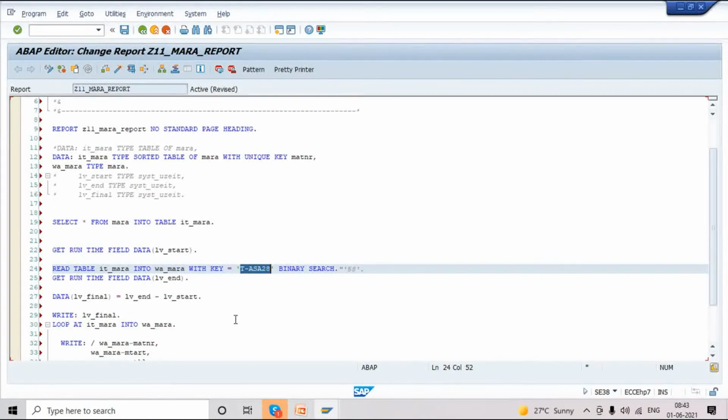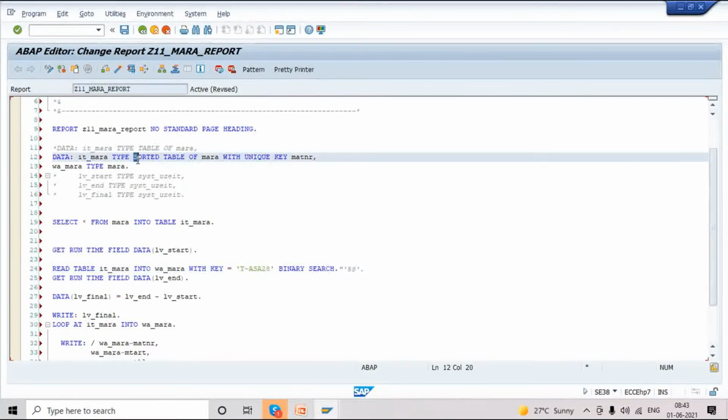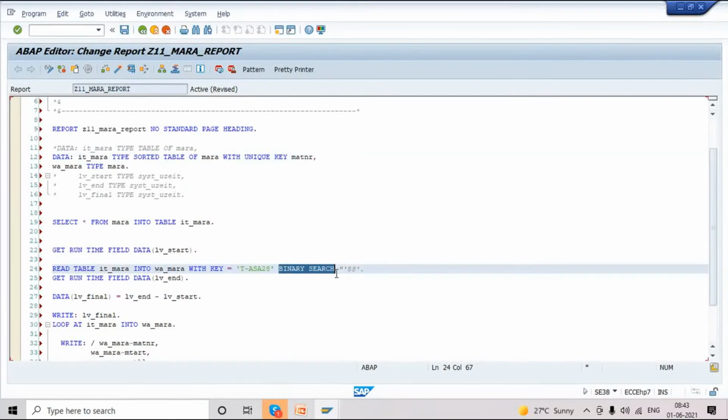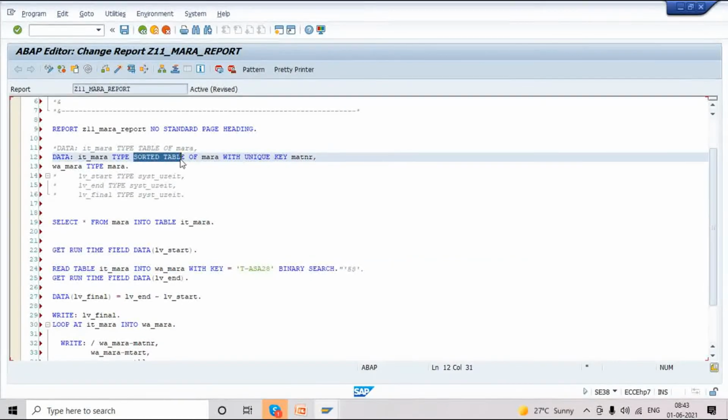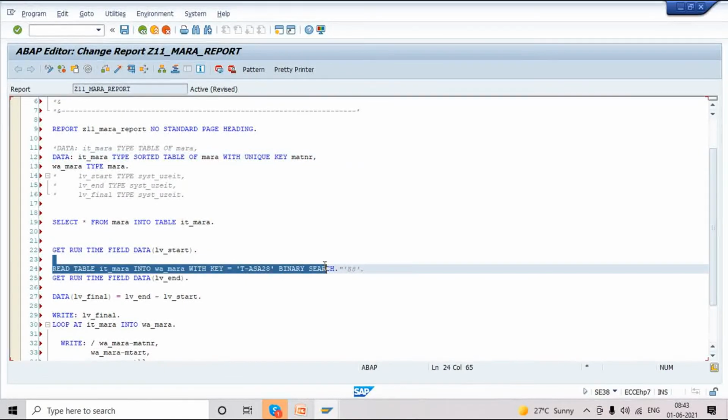It might be sorted in the database table, or it might not be in sorted format, so we can apply both. For a sorted table, we have to apply binary search, because the data is already sorted, so we don't need linear search.